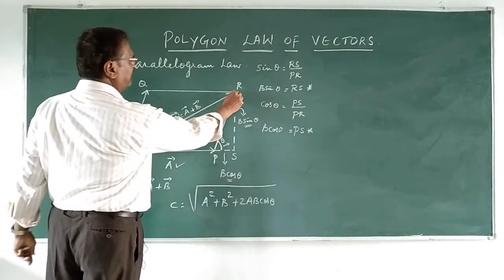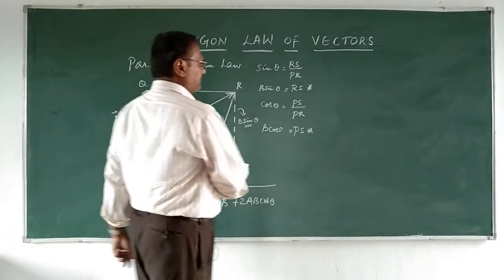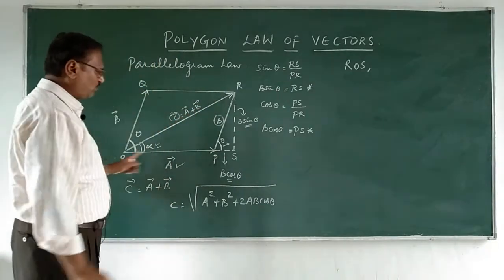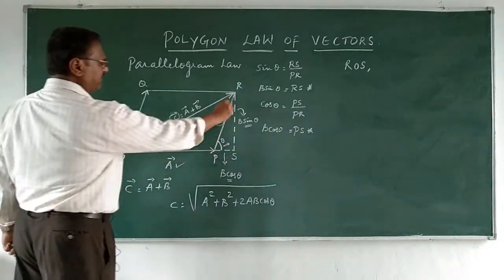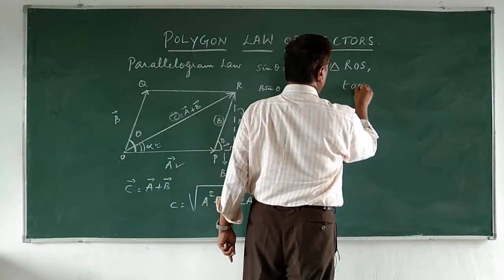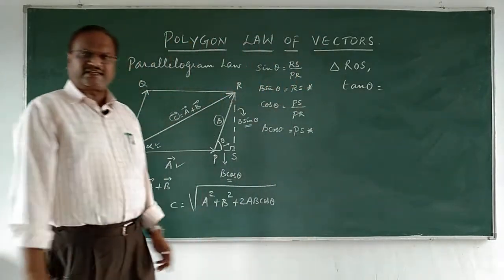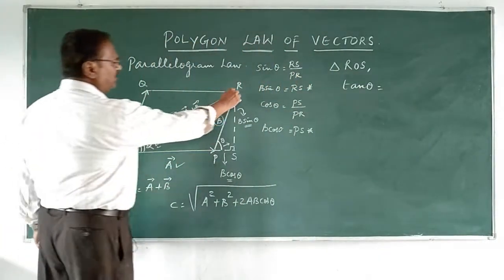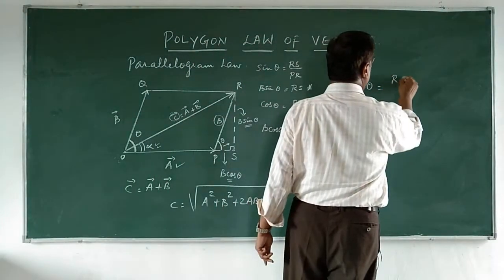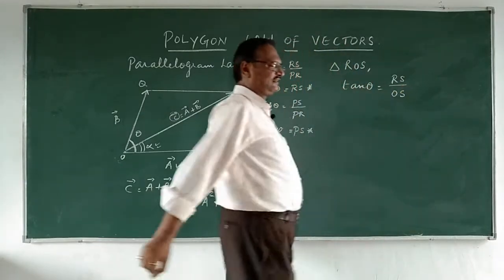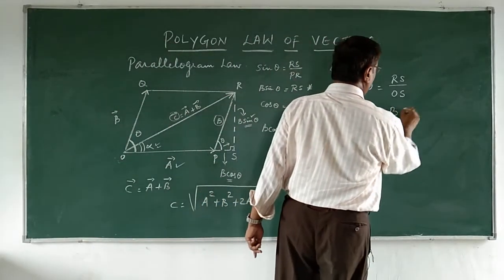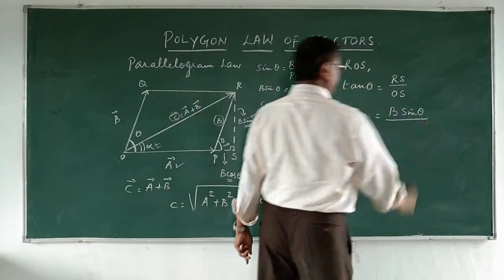Now let us take the triangle ROS. Okay, ROS. This is the triangle I have taken, ROS. In this triangle, which is a right angled triangle, what is tan theta? Tan theta is perpendicular upon base, which is the perpendicular RS, and OS is the base. So we have RS divided by OS. Okay, what is RS? RS is B sin theta. So we are clear about it. B sin theta divided by